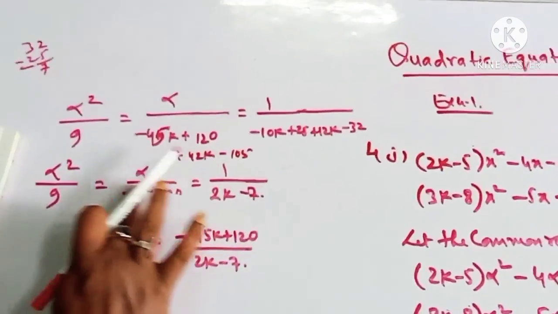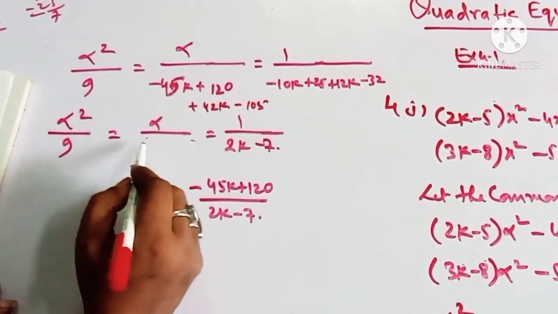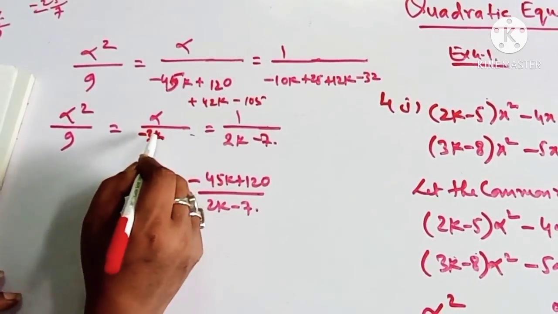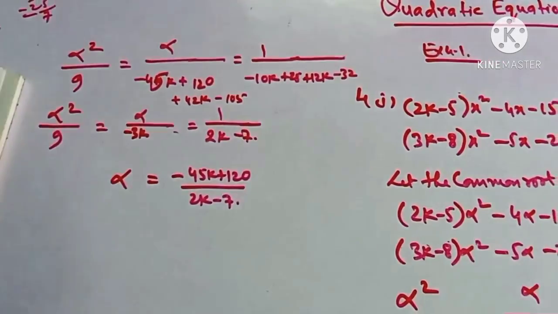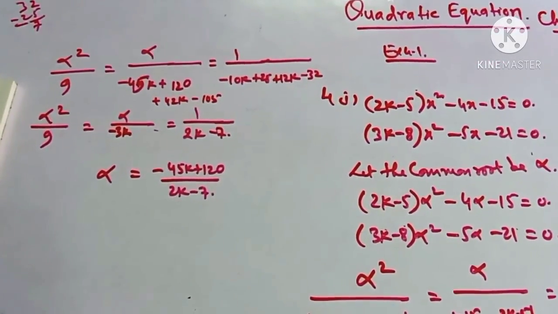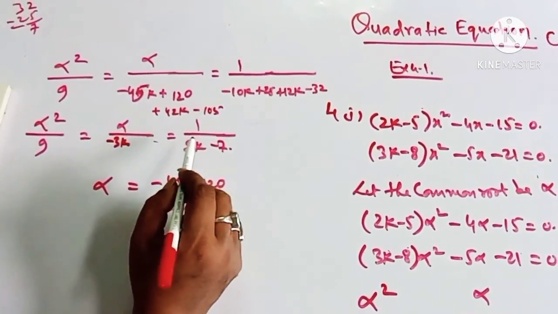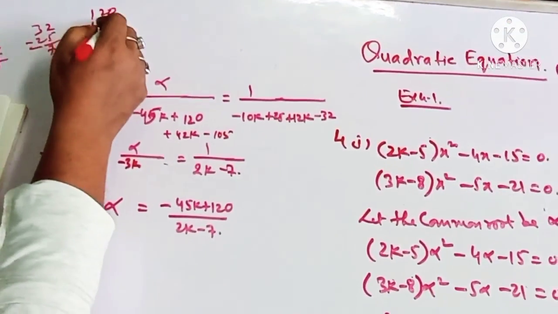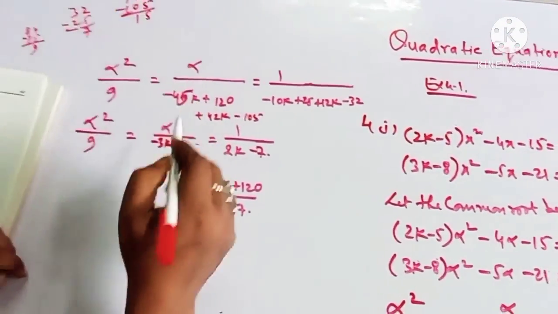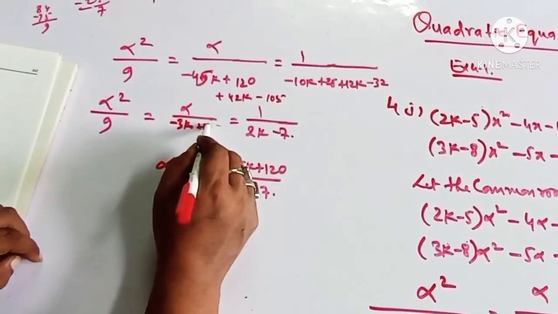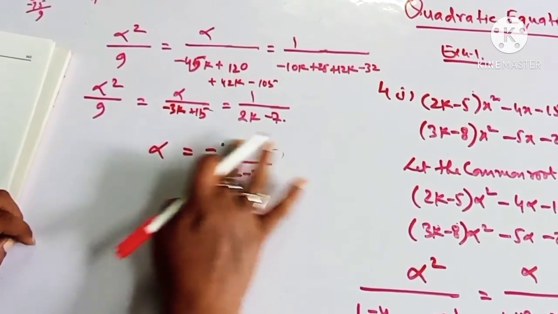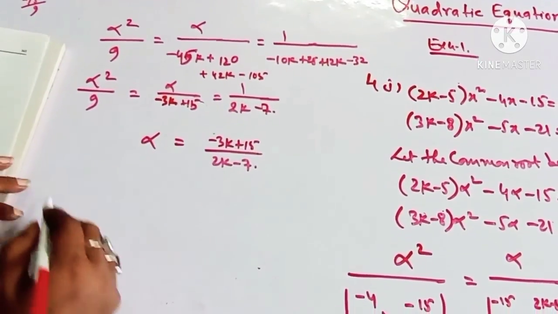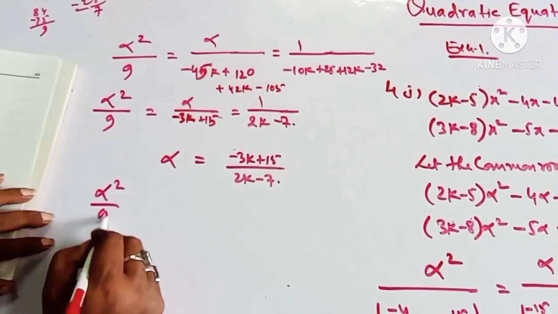So here the result will be minus 45k and 42k, that is minus 3k, and 120 minus 105, that is plus 15. So here this will be minus 3k plus 15, and again alpha square by 9, that is equal to